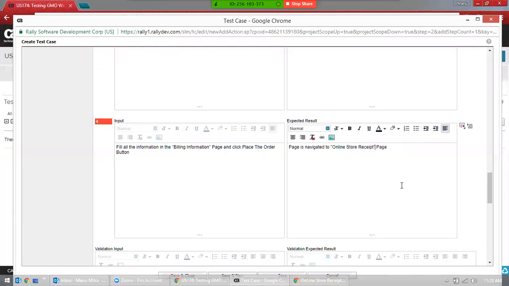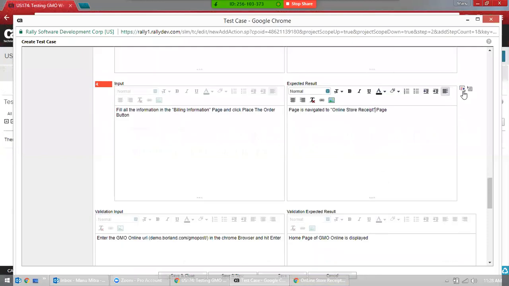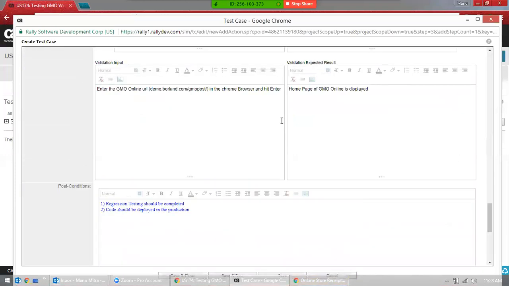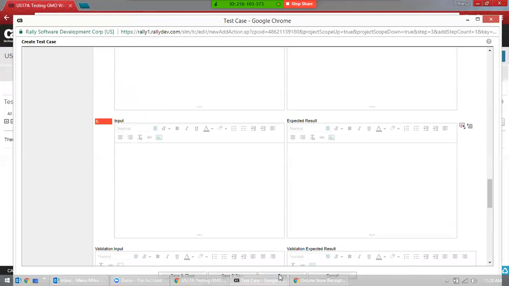Now I want to write one more test case. Let's see here. Click on the same add action, click on this and click on one. This page gets refreshed and I get one more step. Okay. Now what's here?